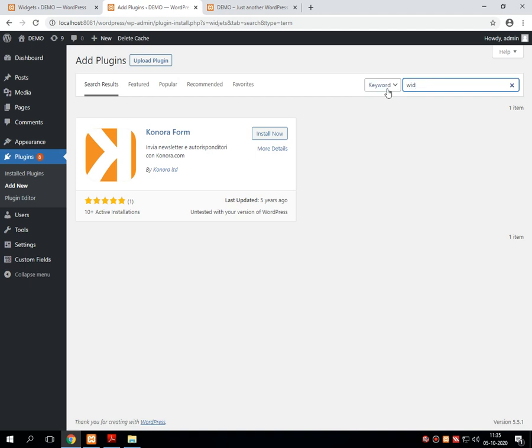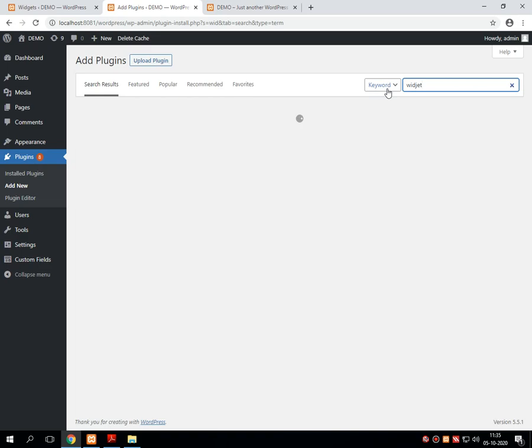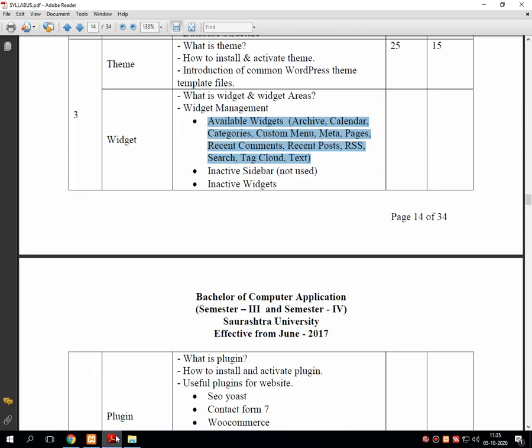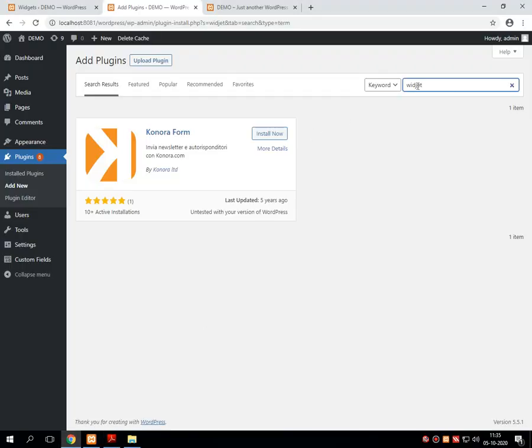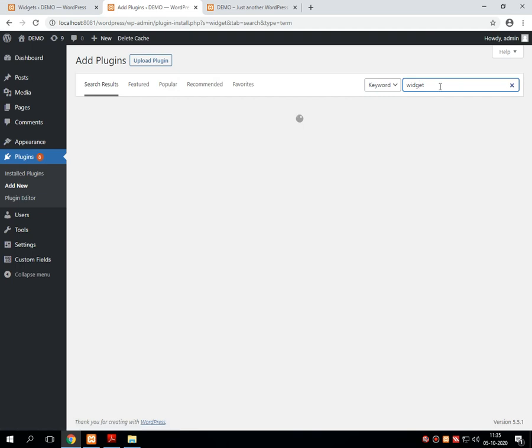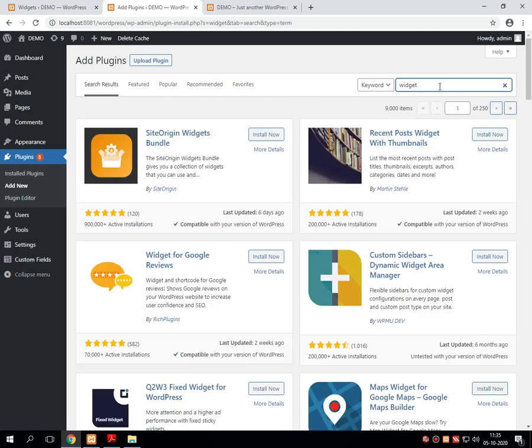Oops, my spelling mistake. W-I-D-G-E-T, widget. Many widgets are there.